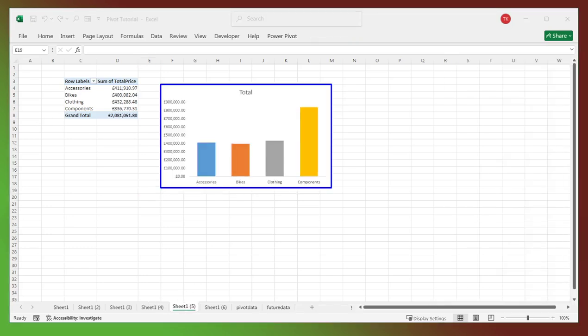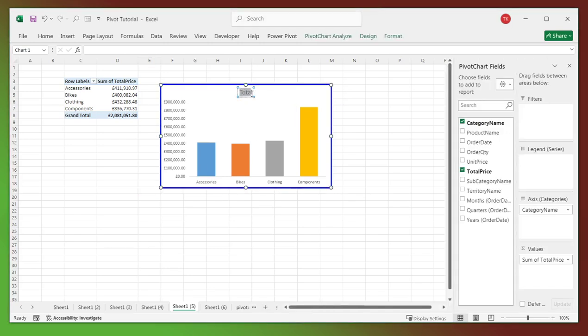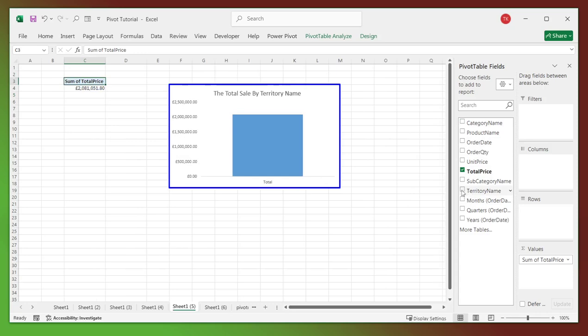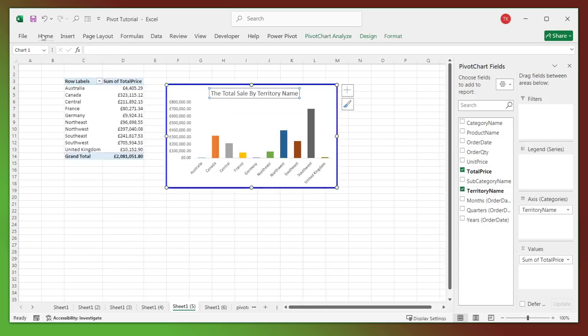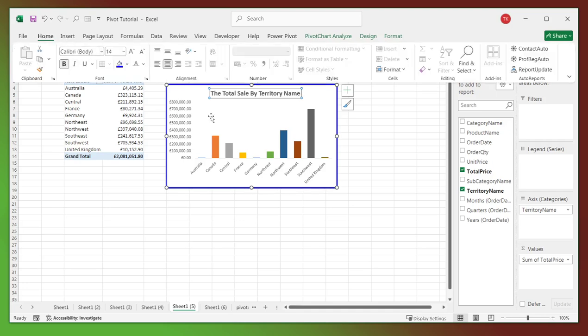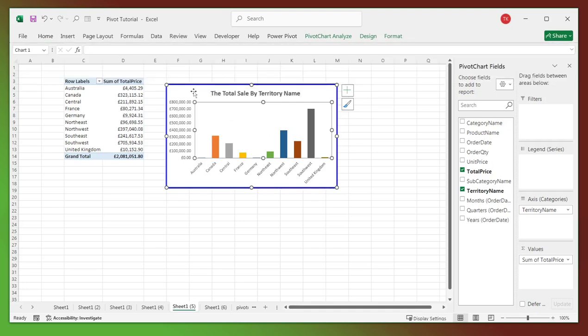That's it. And the fifth one is to create the total sales by territory name. First of all, change our title, and go to our field and change it: remove category name and add territory name, and it gives us what we want. You make our title bold, and also the next thing to do is to change our